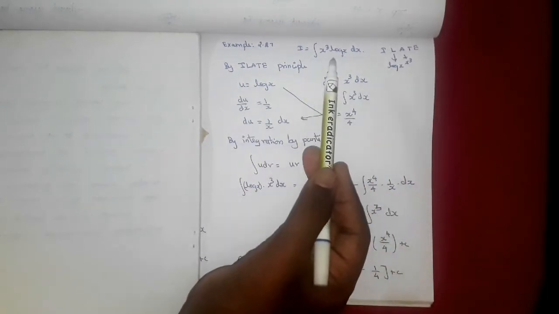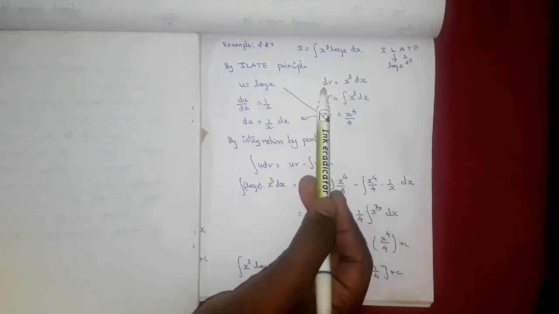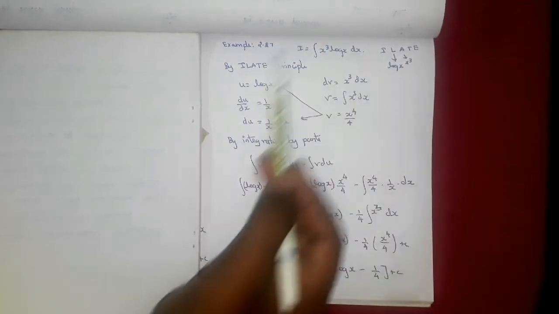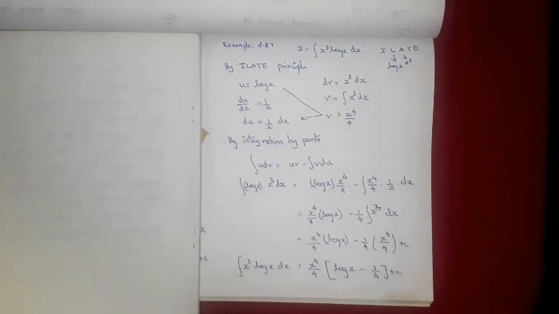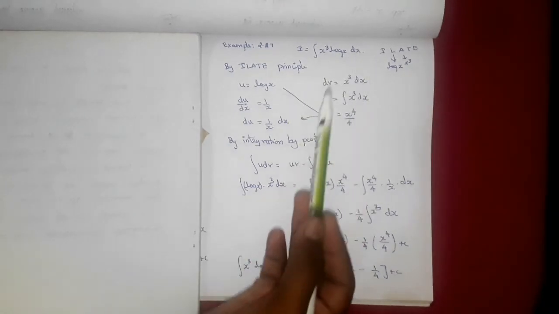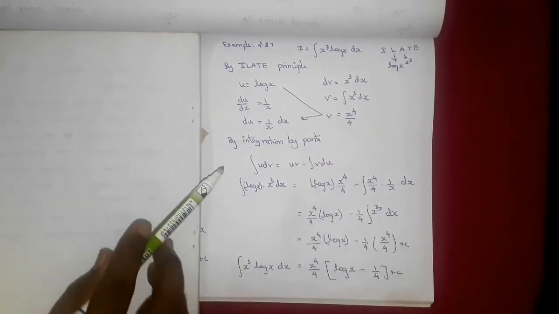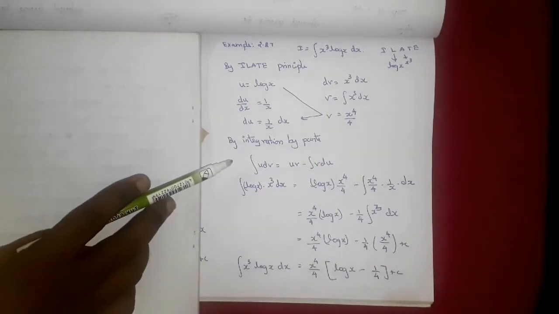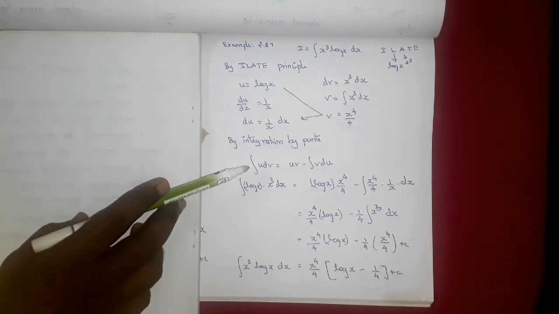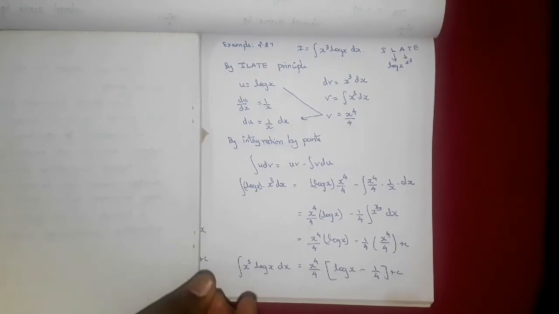Then in the integral, if it is u, then x cube and dx together are compared with dv. So dv equal to x cube dx, because basically we compare this type of integral with integral u dv. So u is log x, so obviously x cube and dx will be compared with dv, right? So since we have log x, we are going to use the standard formula for integration by parts, that is integral u dv equal to uv minus integral v du. Okay, we need u value, v value and du value, right?